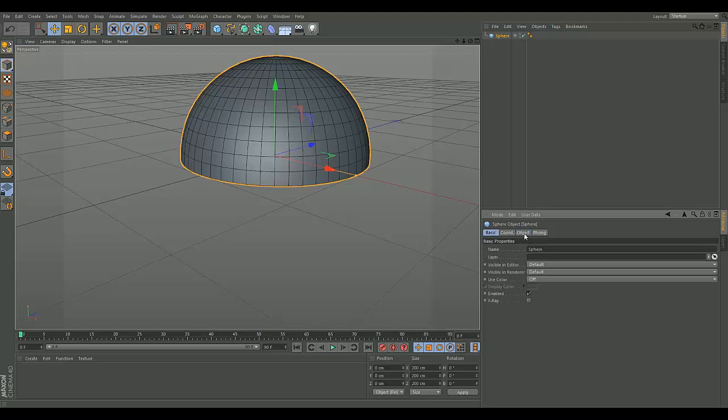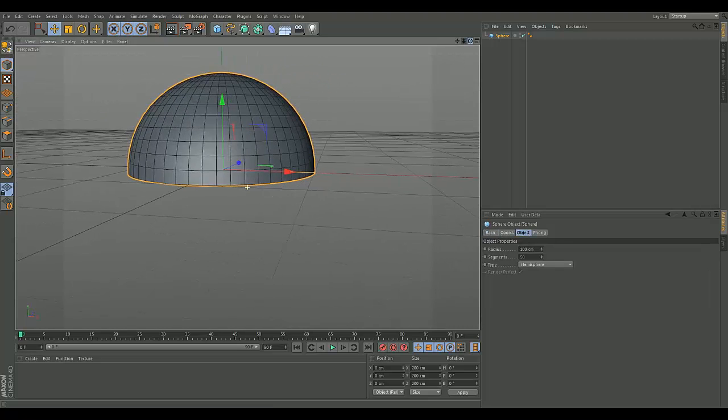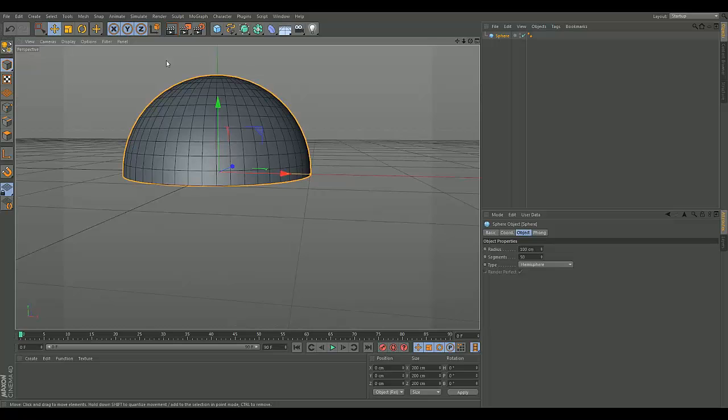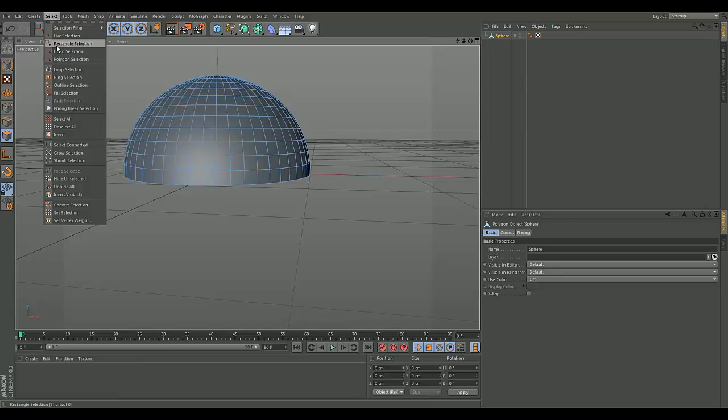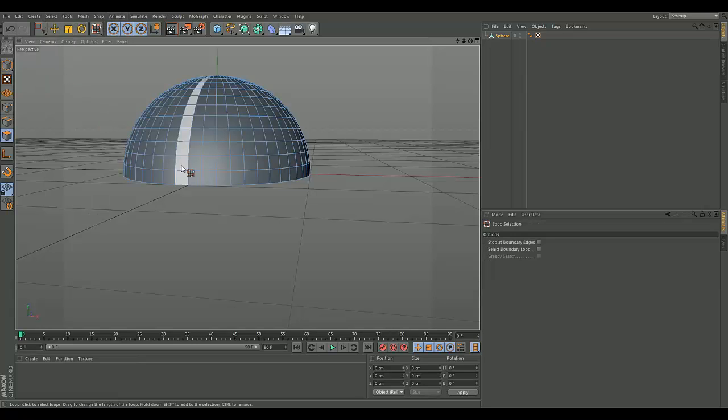And yeah, first thing you have to do. And second thing you want to do is you're going to click this. You're going to do polygon selection mode. You're going to select and do loop selection. And you're going to select that bottom row and you're just going to press delete. And that will help because there's like a center part. So after you do that, what you're going to want to do is